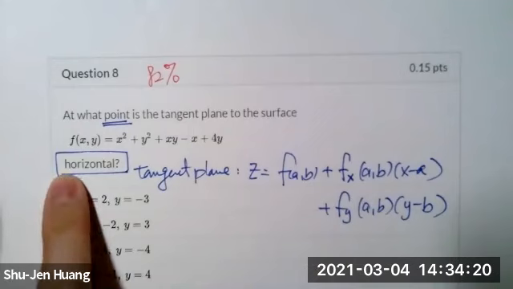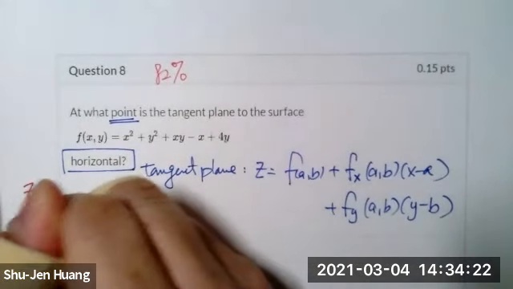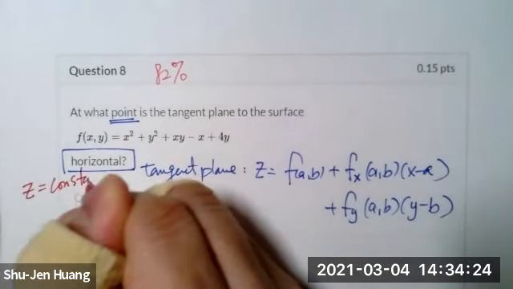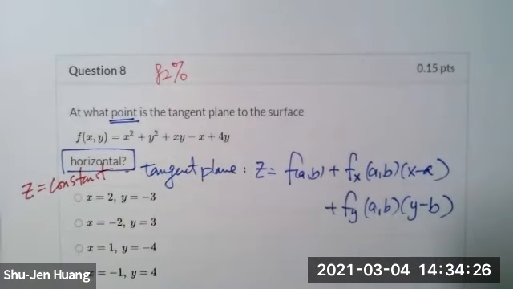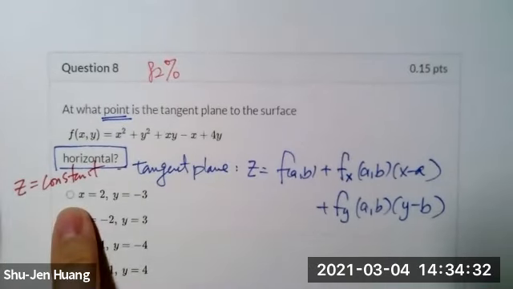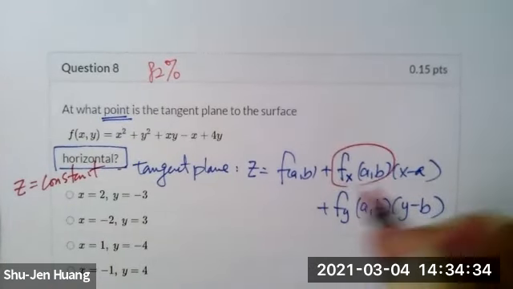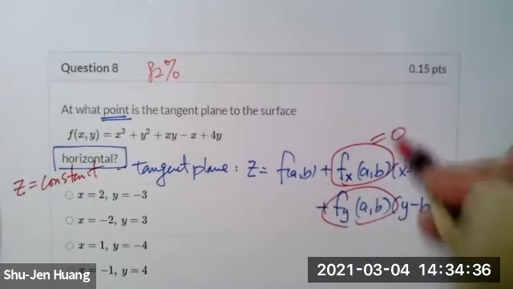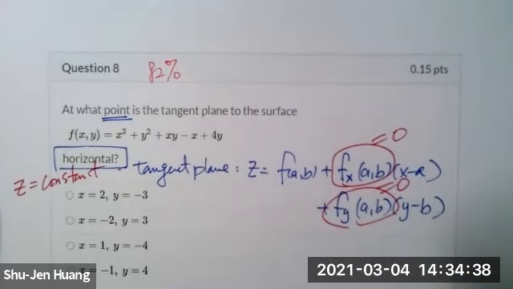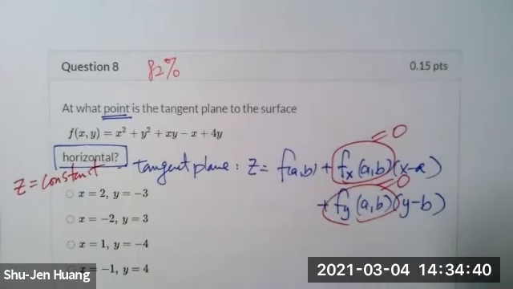If the plane is horizontal, that means it's z equal to a constant, right? Like z equal 2, z equal 3, that's a horizontal plane. So when we have z equal to a constant, what does that mean? Yes, both partial derivatives equal 0. Both partial derivatives equal 0, okay? So we are going to find the partial